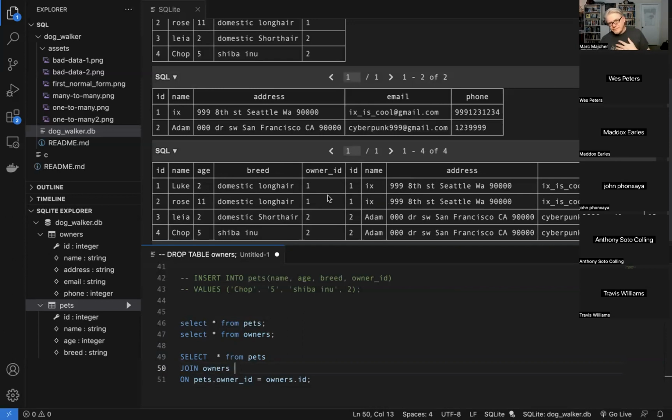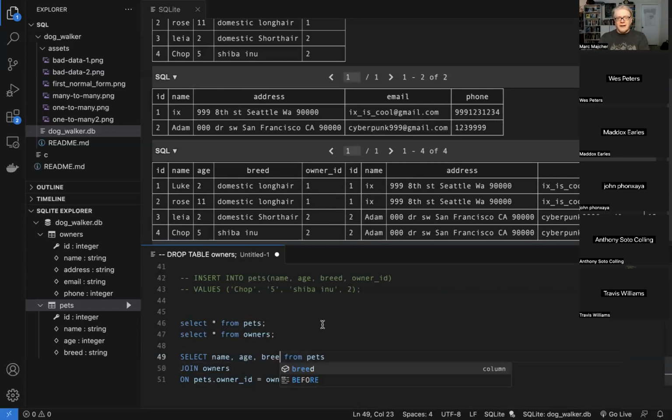This is for one-to-many relationships. There are also many-to-many relationships. I don't know if I want to go into them right now. Yeah, and we'll talk about them on Monday, I think. Briefly, many-to-many relationships require that you make an additional table. In this case, it would be like owner's pets, and it would just have IDs hooked up to each other. But that's a little bit more complicated. We'll talk about it on Monday.